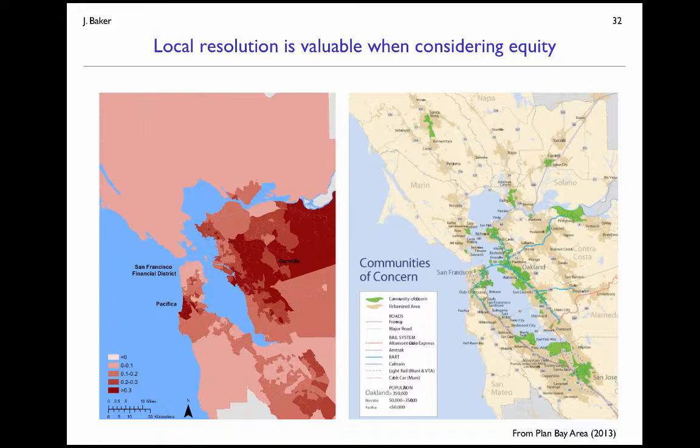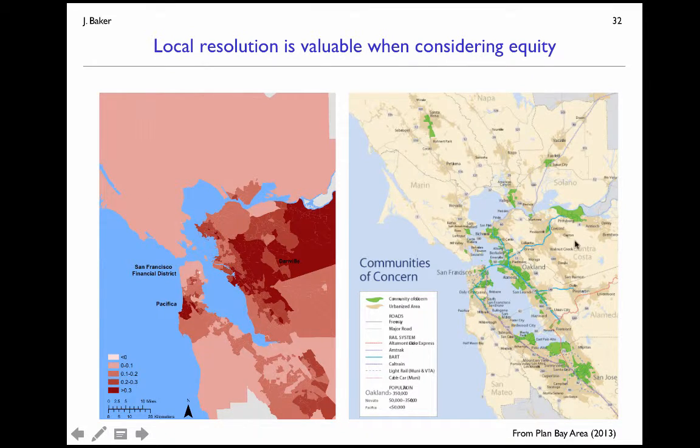Okay, so this local resolution, we were interested in this and interested in looking at these specific communities to understand the various impacts that they would face. But when we talked to decision makers, we heard a lot that the local resolution was important for understanding equity. I touched on this earlier, but it's not just an aggregate measure of the network performance that's of interest to decision makers, where we're treating all regions equally.